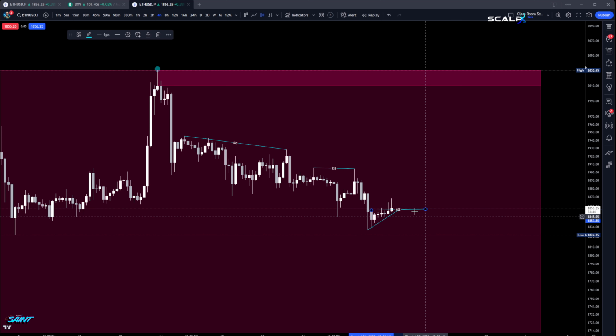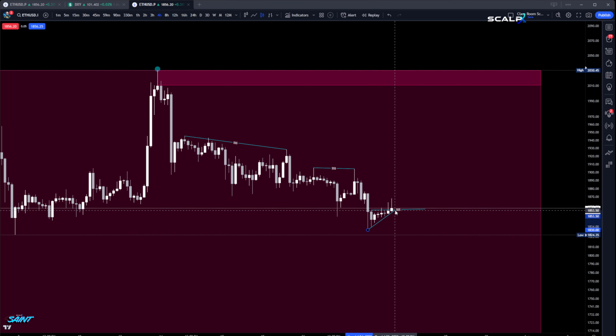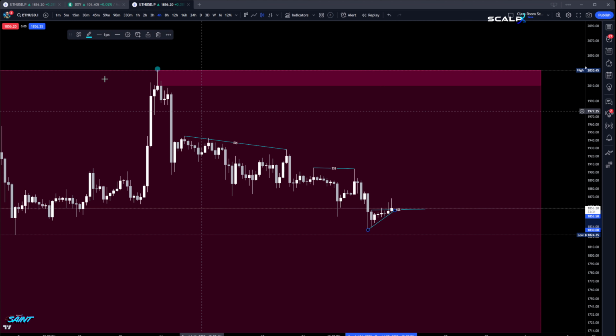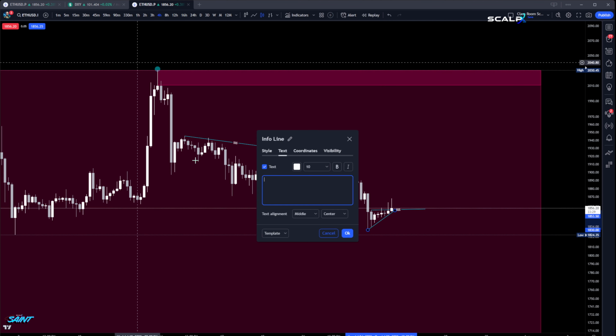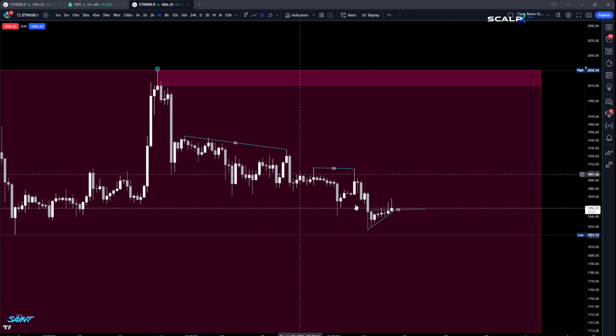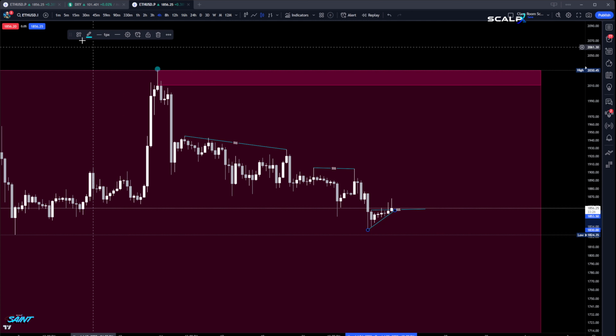It just wrecked all those shorts. Everyone that came here and tapped here, that was a late short, it's destroying them. Right? And so it's the same thing right down here. This is also another liquidity pool. It can act as support, but this is something that you have to track because